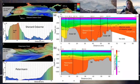Brian, do you remember what the deepest depth was? Yeah, it's a little over 1,000 meters in the deepest part of the fjord, and that piece between the two sills there, where it goes real flat. That's about as deep as we saw it down there. I think